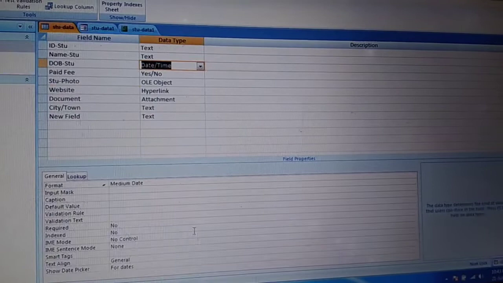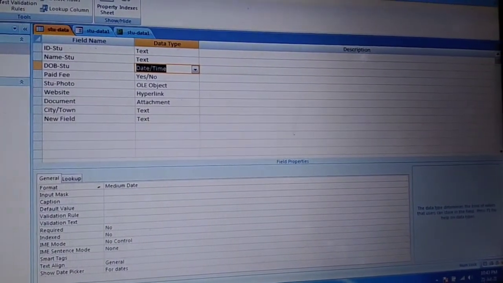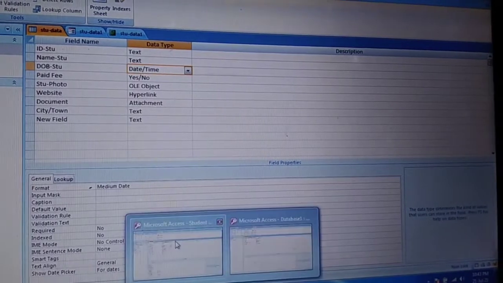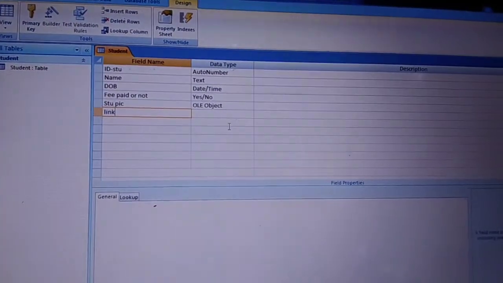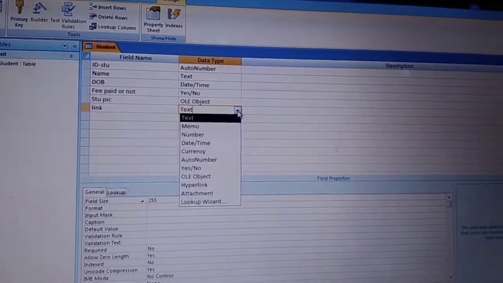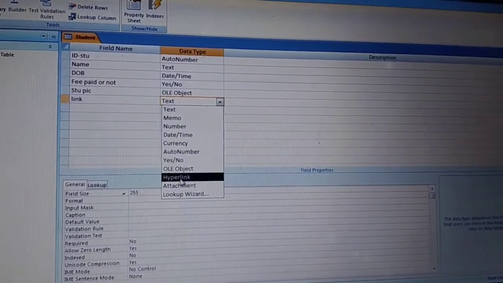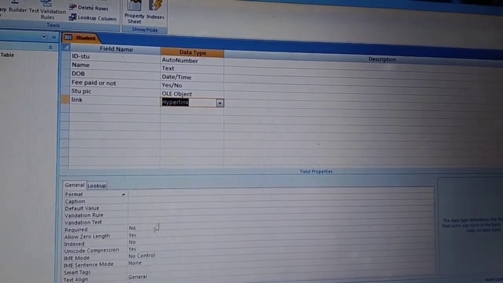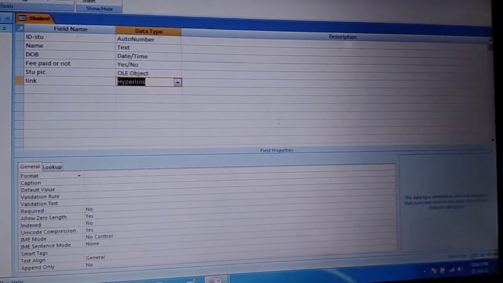After this we will take website. You can take website, or you can say link. For link you can use hyperlink. You can use hyperlink as a data type.